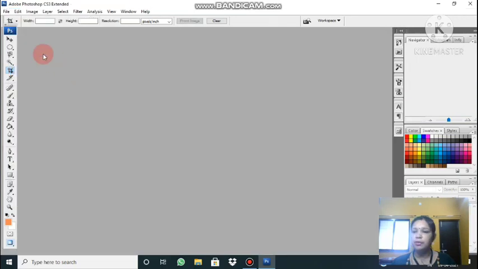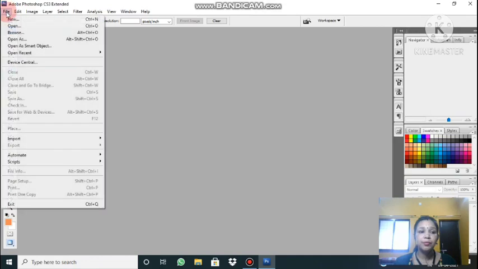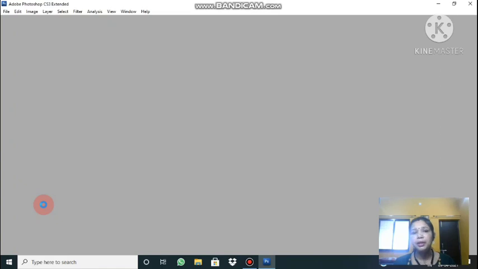Click on Close, and it will be closed. Here we have closed a single file. If you want to exit from Photoshop, go to File, and at the end you will get the option of Exit, and the shortcut key is Ctrl+Q. If I click on Exit, Photoshop will be closed.